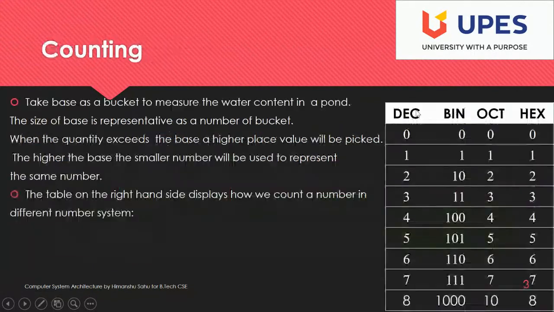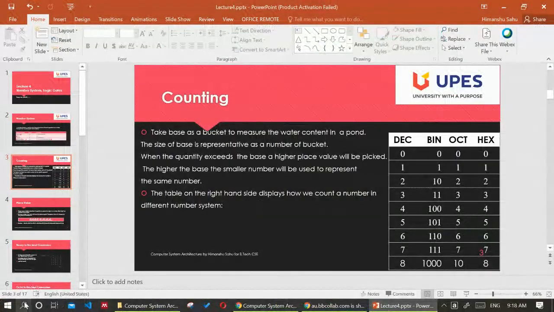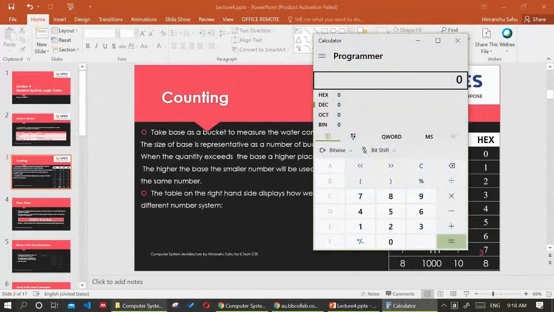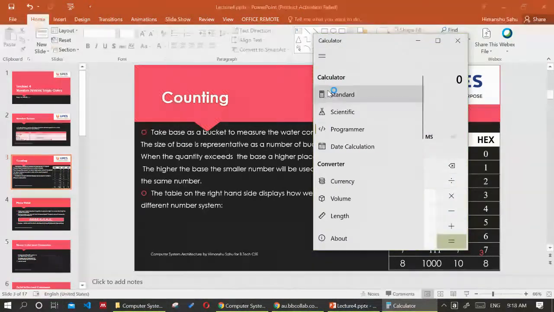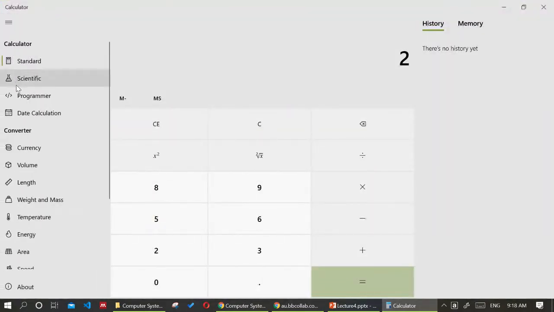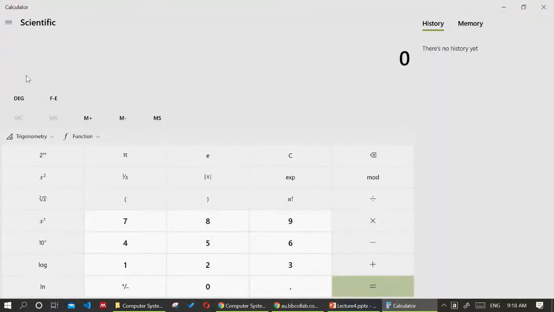Suppose my pen is not working, take a calculator. So you take the number 255 and mod with 16, and you are getting 15.